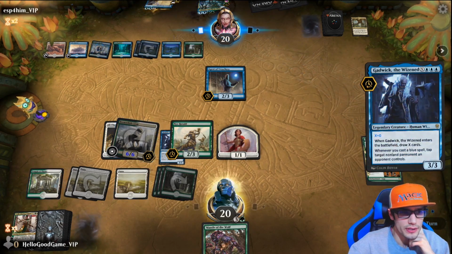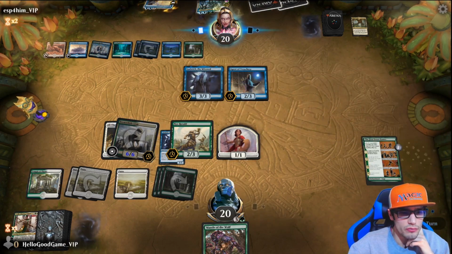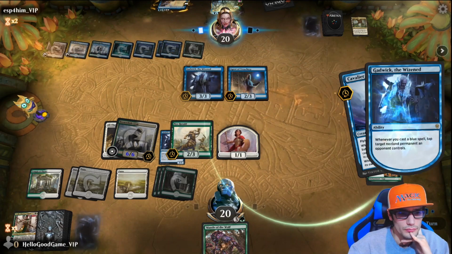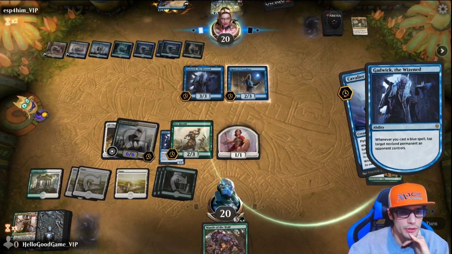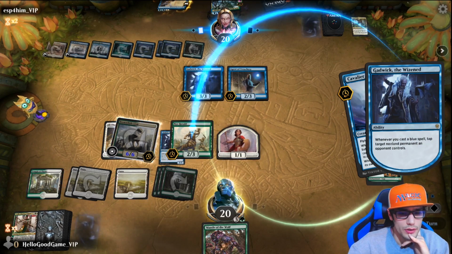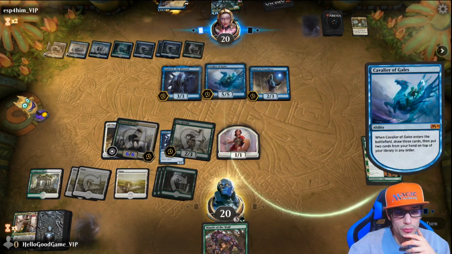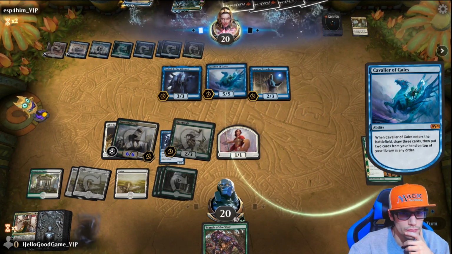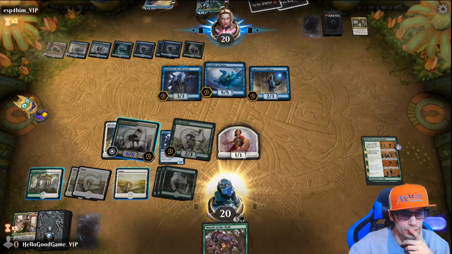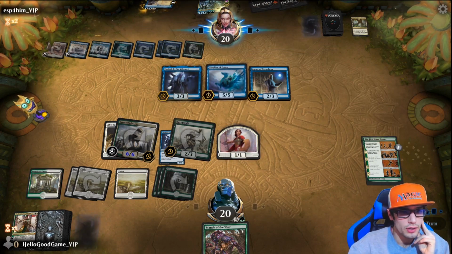He plays his Gadwick. Just going to draw. So even if he removed our Nyx Herald now, whatever he taps is of no consequence to us because it will all untap at the start of our turn anyways. Cavalier of Gales allows him to draw. It's also a really good blocker. Luckily for us,